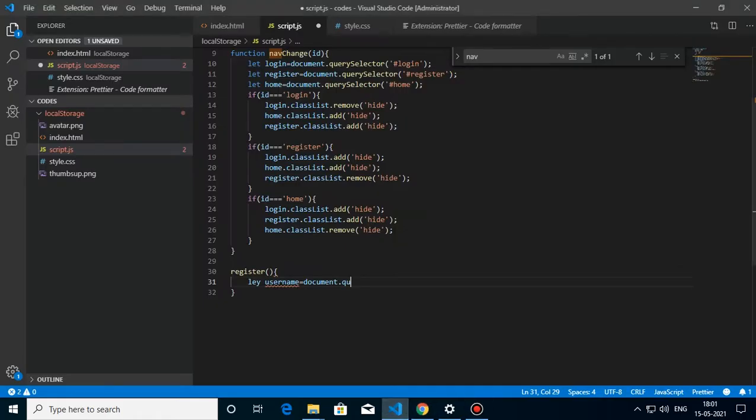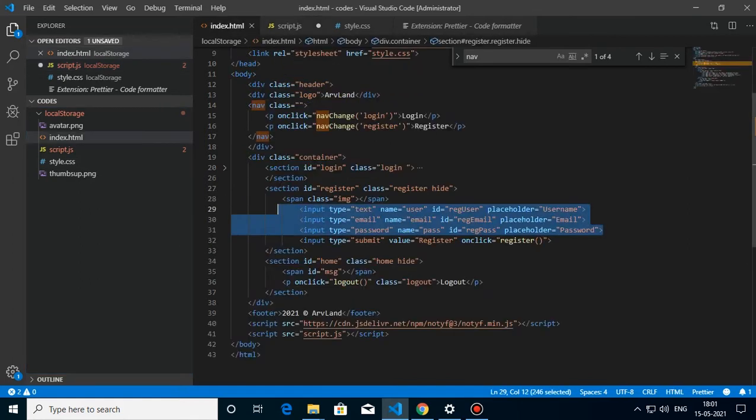First of all, let me show you the file structure. We will be having an index.html, script.js, style.css and two images. First of all, an important thing I should say is I'm not focusing on the HTML and CSS part in this tutorial because it will take more time to explain all those things. So I would recommend you to download the source file, which I will be posting the link in the description.